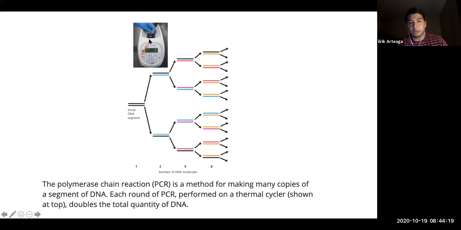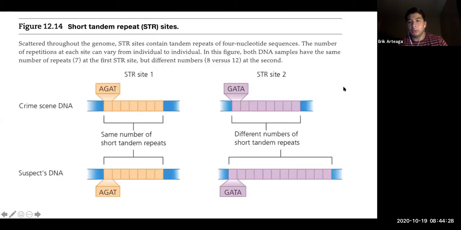So what you have here is a thermocycler. You have all of the genetic components housed here. You have your initial DNA segment, and then you have the primers that are going to bind. Okay, so remember we talked about